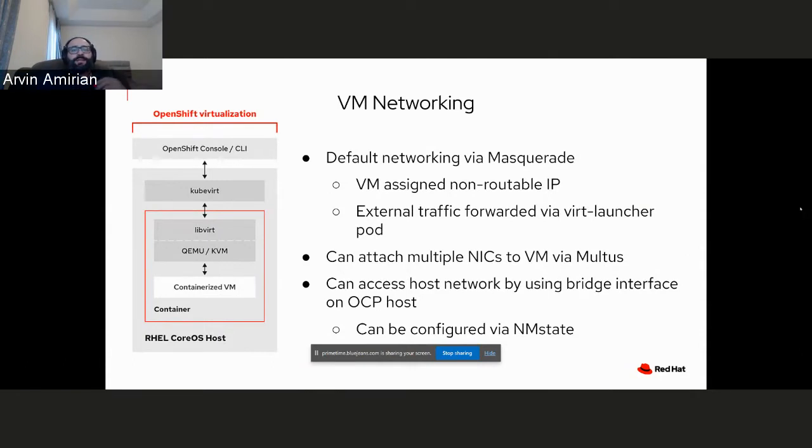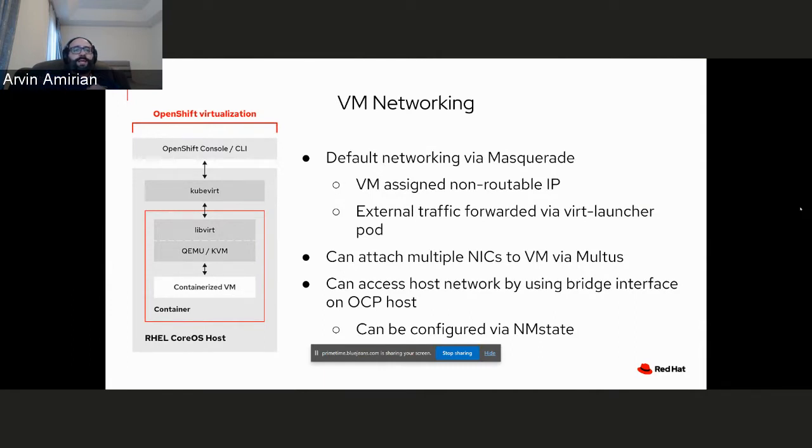Now, that said, you can also attach multiple NICs to the VM. And that also means that you can attach a bridge interface on the host. So it can look like any other VM on your network, which will use DHCP to get its IP and whatnot. And this can be configured either through machine config, or an easier way to do this is through automation called